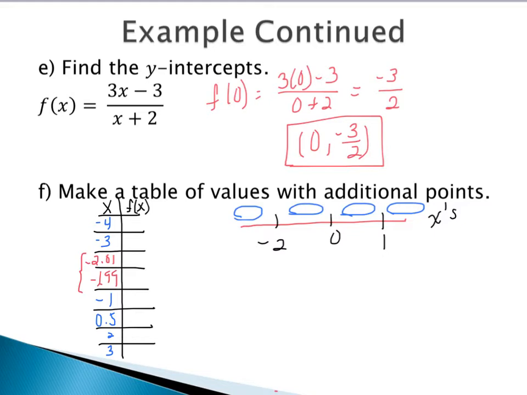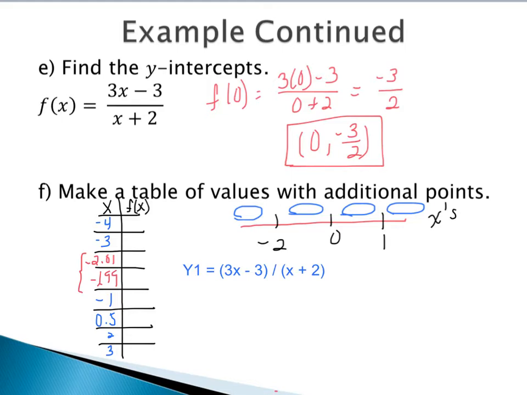So at this point, you want to use your calculator. Okay, we have our calculator. Definitely we're going to be checking our answer on our calculator, but you want to use your calculator to get these f of x values. You want to use the table feature. Make sure that when you're typing into y equals, you're typing the function with parentheses: 3x minus 3, close the parentheses, divided by parentheses, x plus 2, close the parentheses. It's definitely important if you're using a TI-83 or an older TI-84. Some of you, when you hit the divided by, it might turn it into a fraction automatically, which is great, but you want to just make sure that it looks like 3x minus 3 over x plus 2.